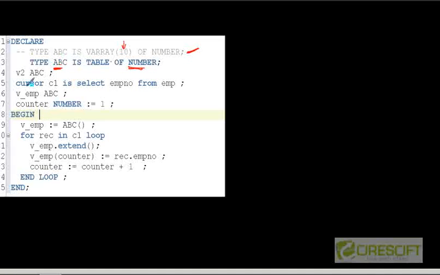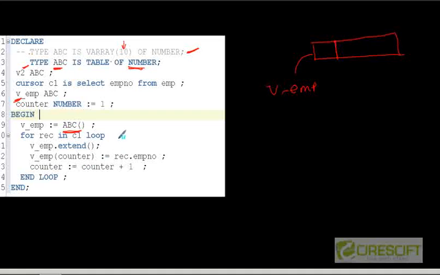Now in this example, I created a nested table. Because the type is nested table, v_emp is a nested table right now, and at line number 6 it is pointing to null. However, at line number 9, we initialize the same way that we do in VARRAY, using the constructor. The default constructor has the same name as the type. Since the type name is ABC, the default constructor is ABC. Therefore v_emp is now pointing to some kind of array, where I will do an extension and